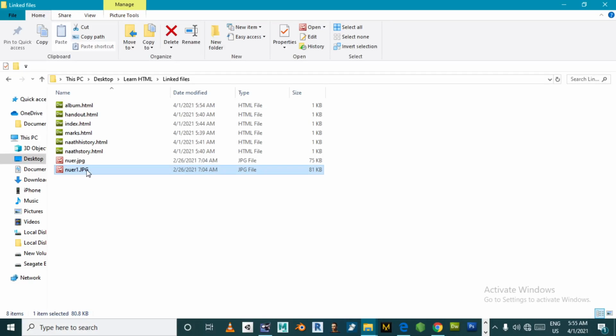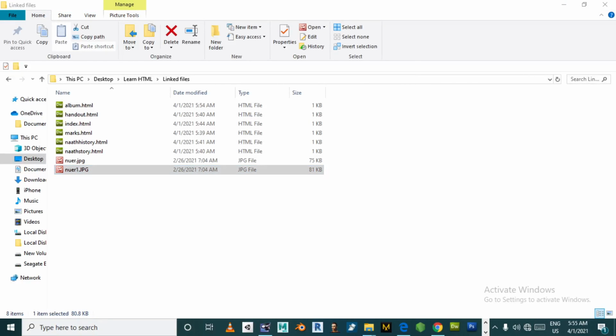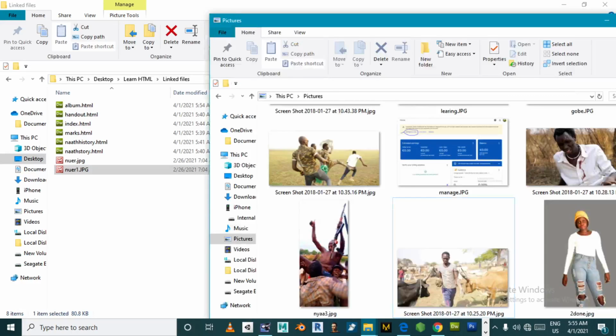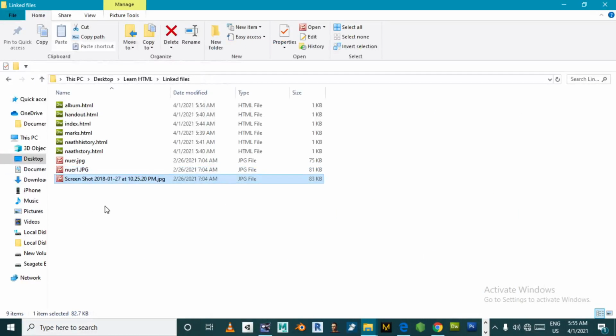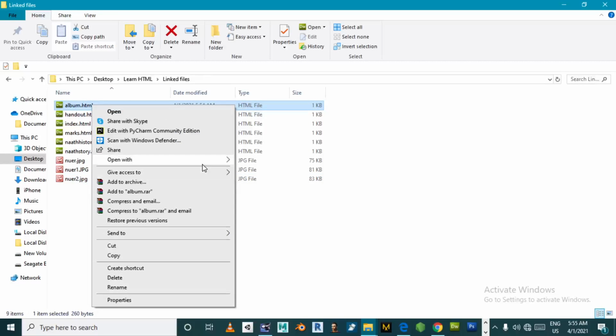Okay, and then I go back again to this, and I will take this one and put it inside there. And then I call it Nuer 2, and then I can simply go back to this album and open it twice